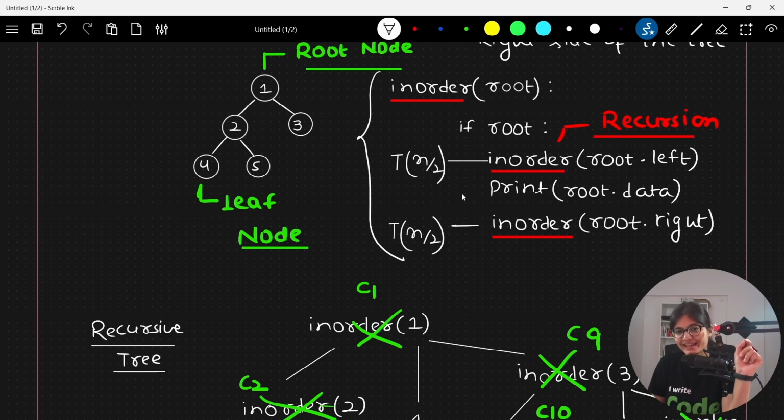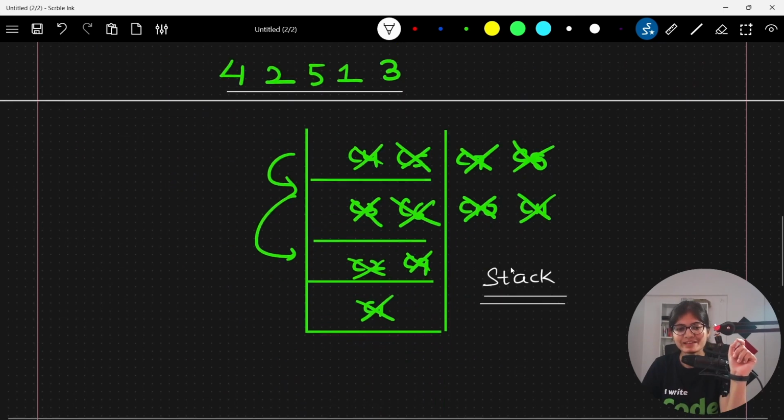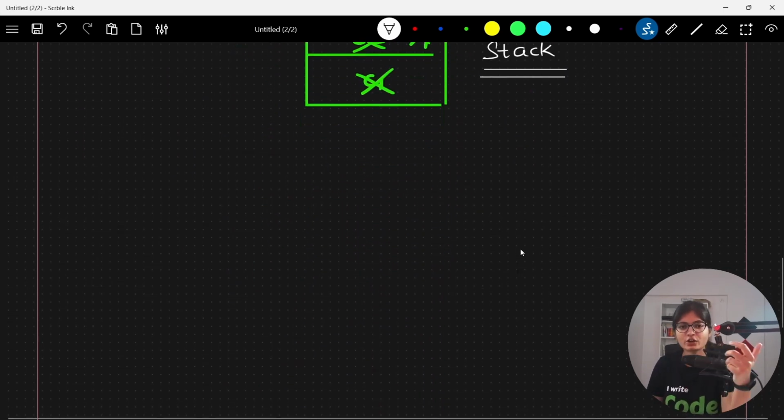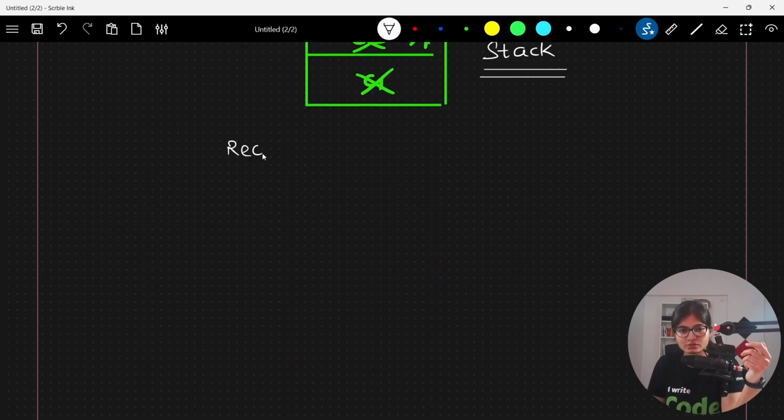And this printing will obviously take constant time if we are talking about a recurrence relation T of n here, correct? So whenever we are talking about a recurrence relation, specifically, in the best or the average case scenario,